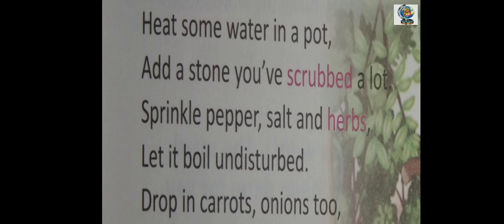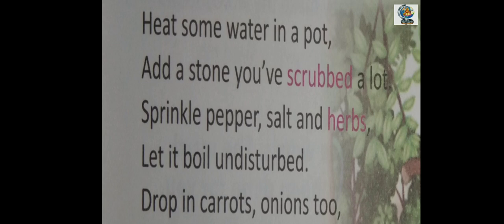Then afterwards another villager passed that way. He also asked, "Hey, what are you making?" The boy says, "I'm preparing a stone soup." Then that villager says, "Oh, how does it taste? Will you give it to me also?" Boy says, "Yes, why not?"